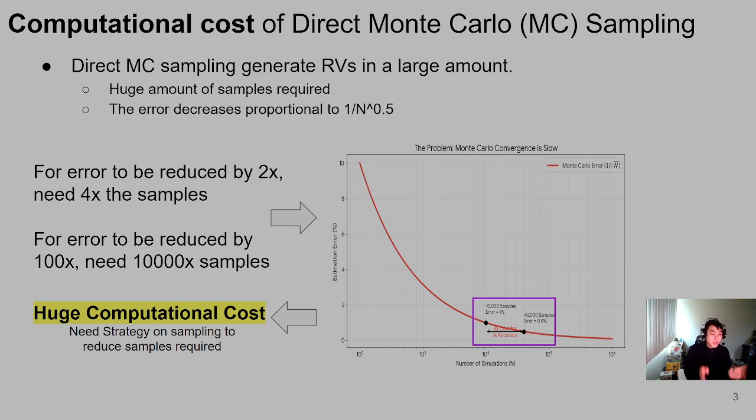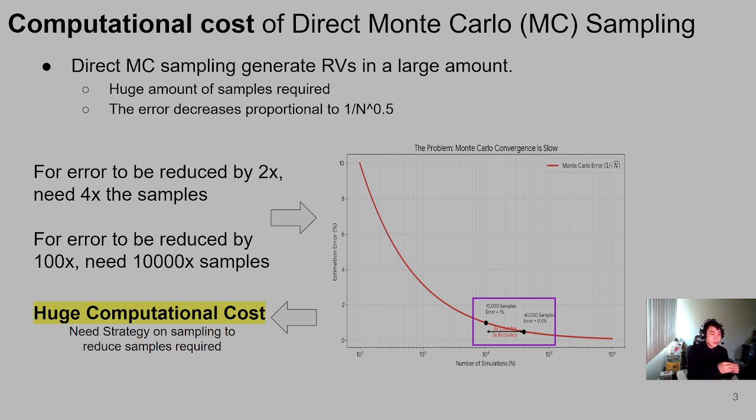So why do we need a new sampling method? In risk assessment, our goal is to propagate the uncertainty. We'll have many inputs of loads and material strength, and we have to find the probability of failure. The standard approach is direct Monte Carlo sampling,